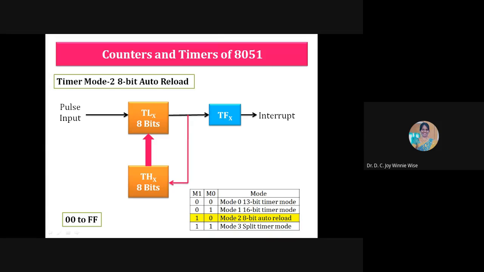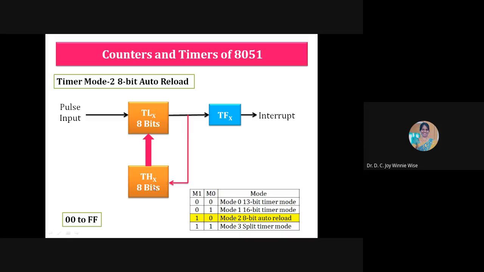When it reaches 0, it will set the timer overflow flag bit, and it also reloads from TH so that the value will be loaded again. This is a repeated process. Suppose you want some application to repeat 10 times, like copying and pasting the same content 10 times. For this, we can use this type.